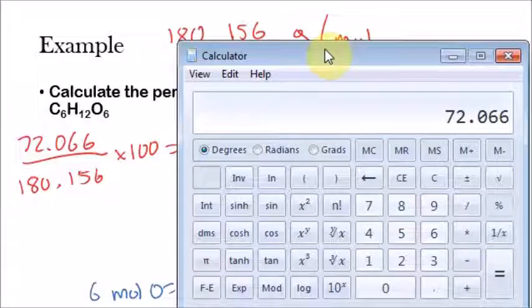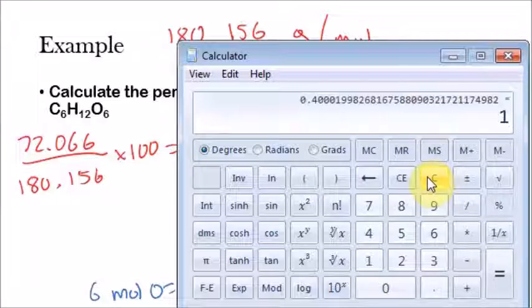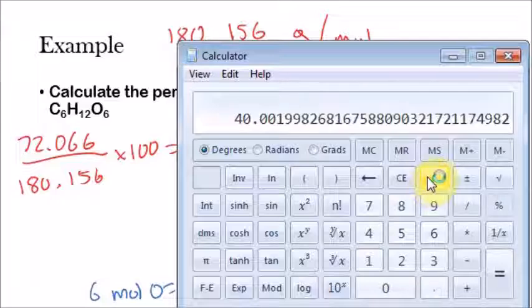72.066 divided by 180.156. Oh, that did not come out right. Let me see. 72.066 divided by 180.156. Make sure, okay. And then multiply that by 100. And we're getting